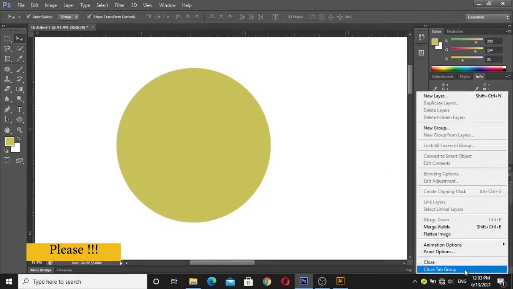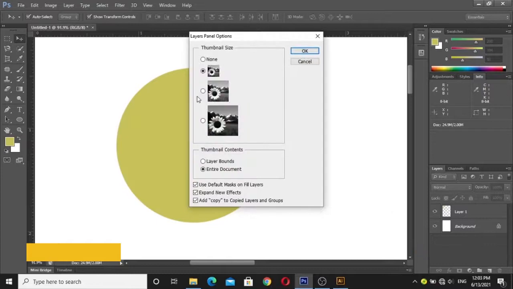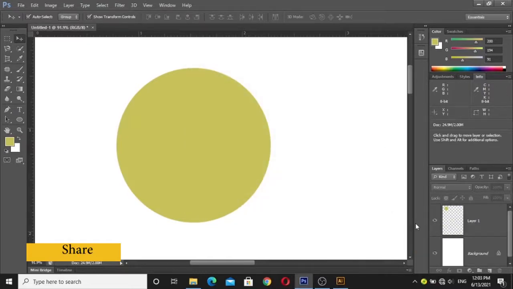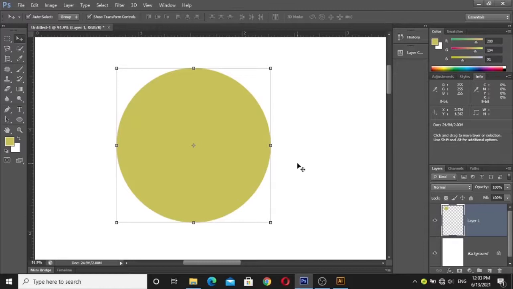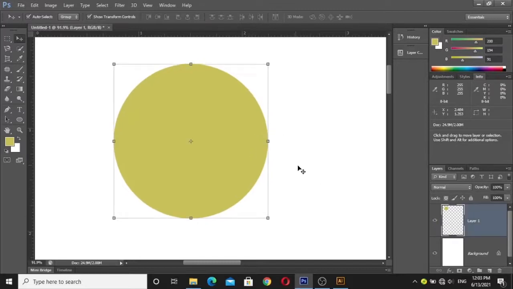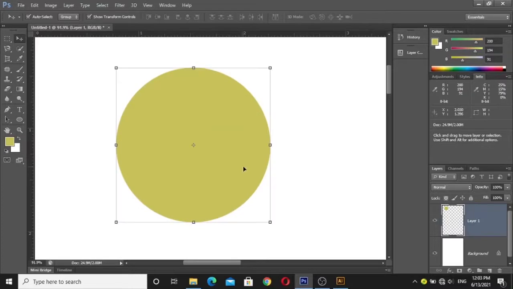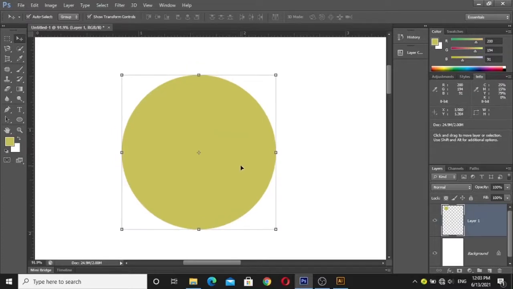Panel size does matter. So it must be visible. The things that the layer contains must be visible. It helps the designer for a better workflow.